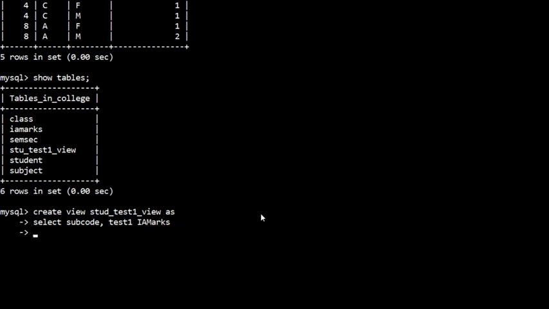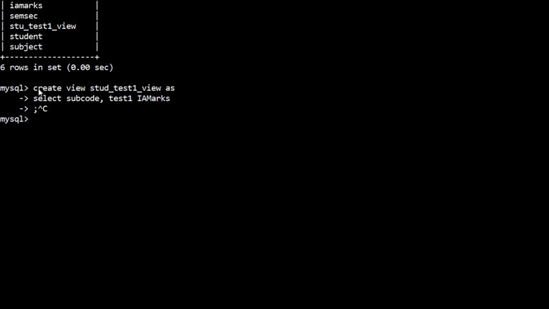Sorry, IA marks is the table name, so I cannot use that as a name. So I'll come out from this and create the view again. Instead of IA marks, I'll write IA1 marks.